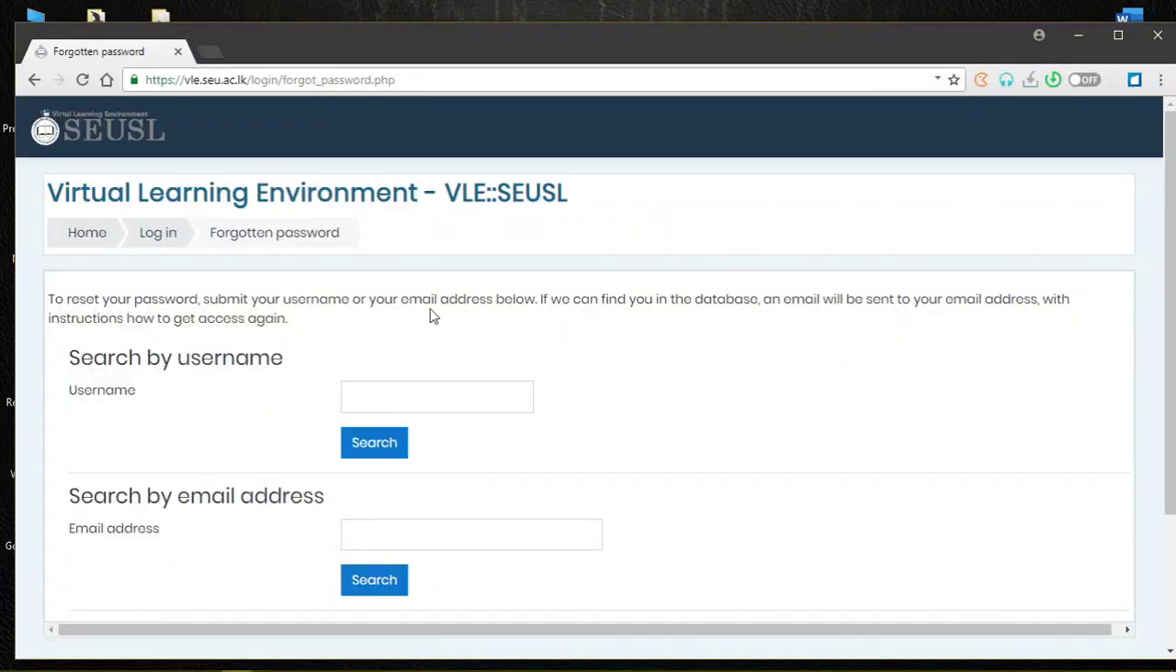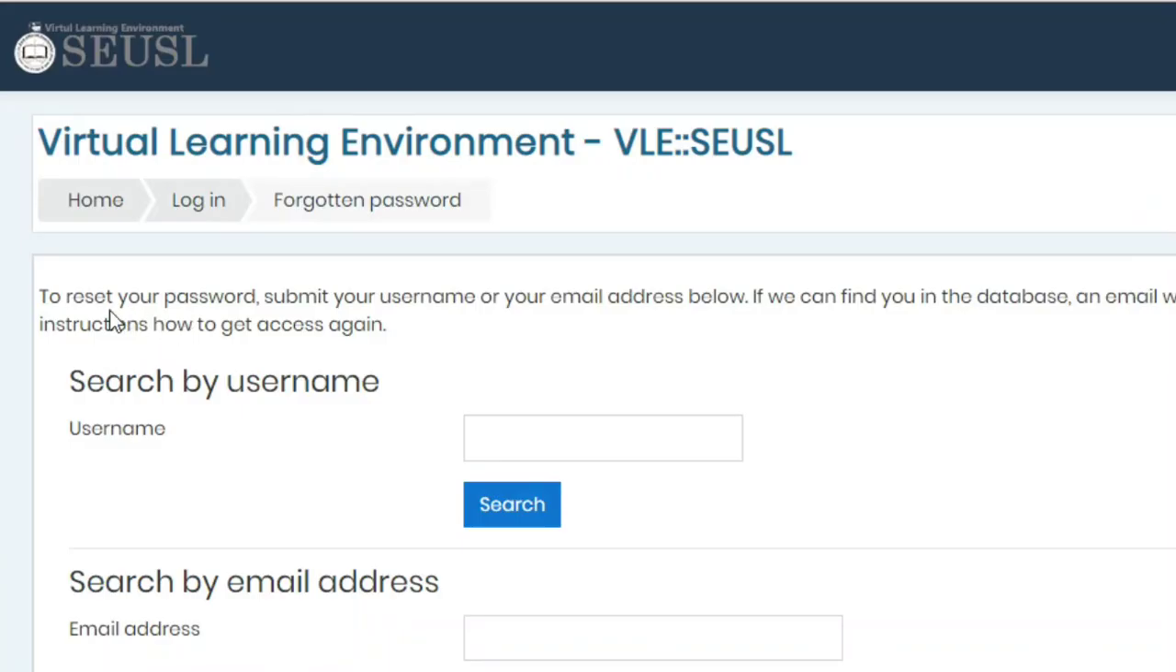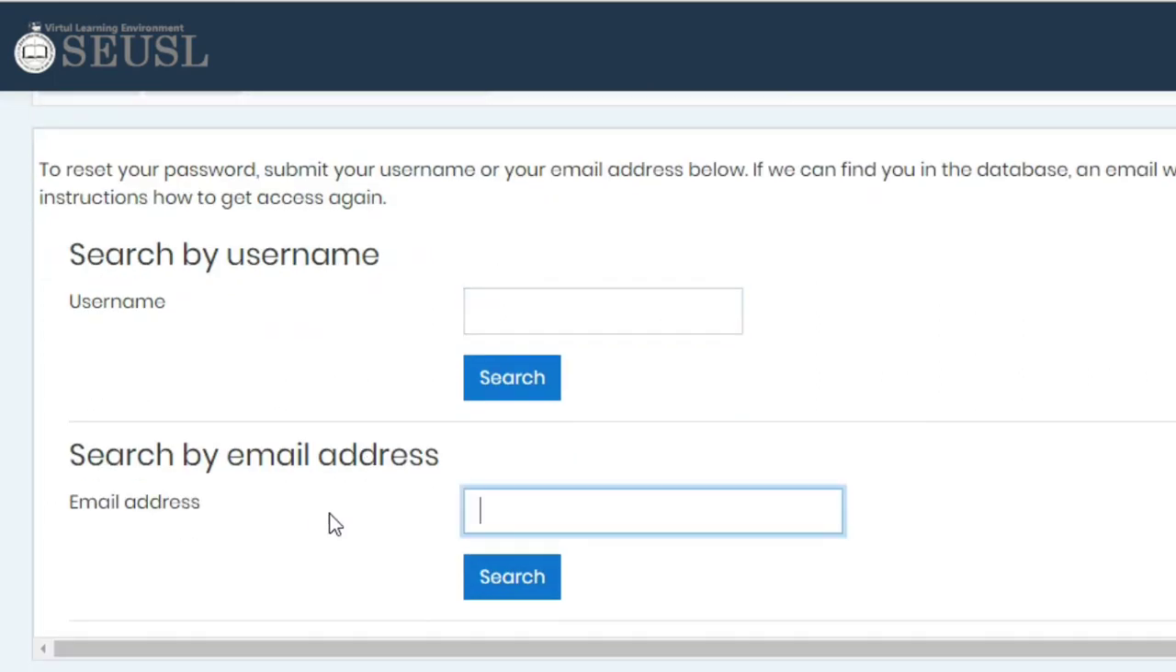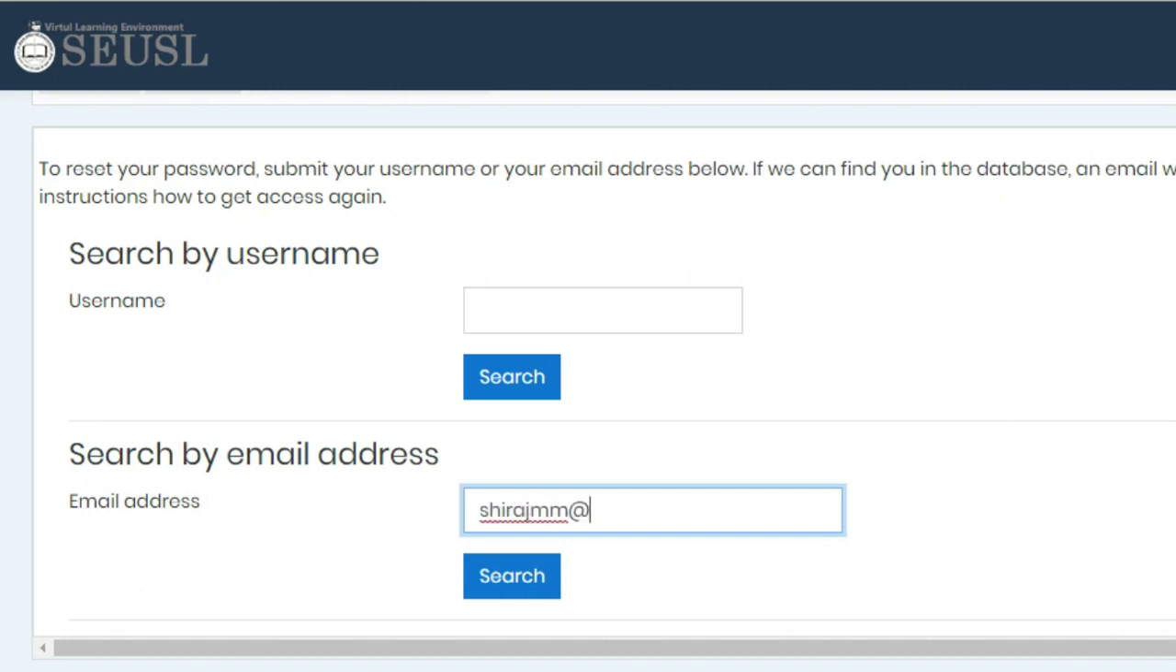And once you click this, you will get this web page. To reset your password, submit your username or email address below. Then to reset the password, the system will ask you for a username or the email address. If you don't know your username, then you can give your email address. I'm going to give my email address. Then you can give search. Then once you give this search,